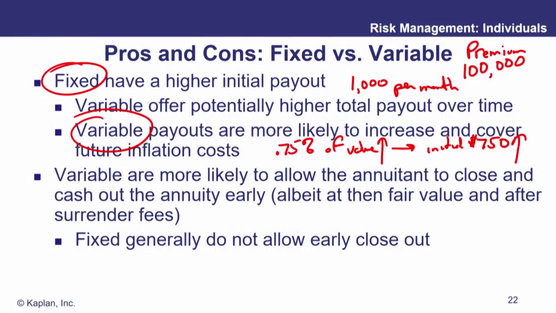The other one is variable and likely to rise over time. Generally, the assumption would be the variable also probably includes some extra features, like a cash payout. Typically, when you buy a fixed annuity, you pay the money. That's the end of the deal. You keep getting your payments. That's it. But variable annuities might include a provision that if you want to, you could close the annuity early